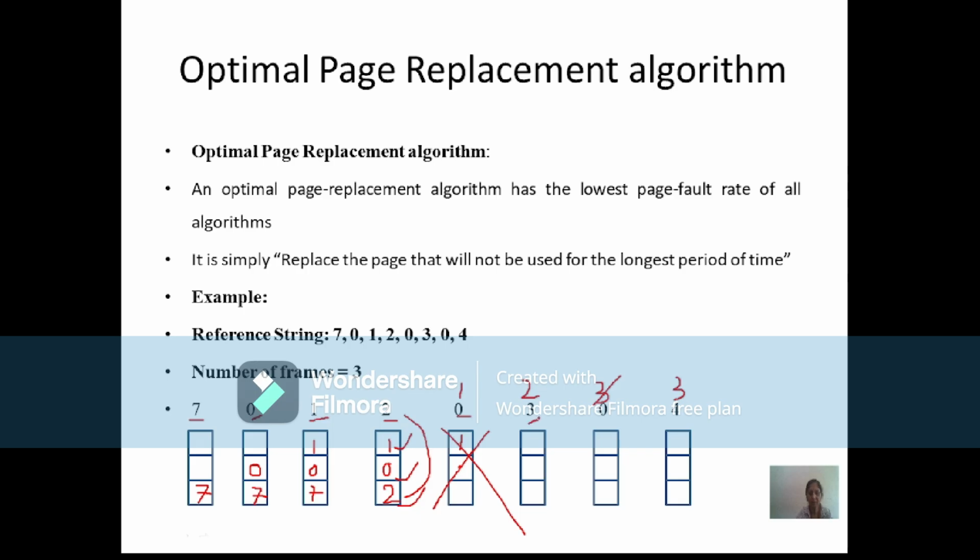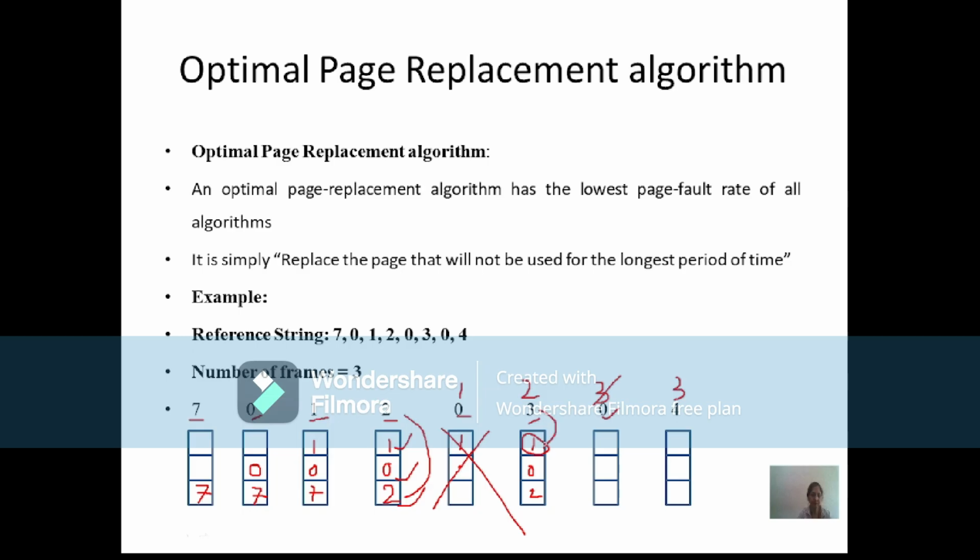Next, there is a demand for page number 3 and we have the pages 1, 0 and 2. If you see 3 steps forward, we need 0. But out of 1 and 2, we don't need 1 and we also don't need 2. So now we have to apply FIFO. Which page is the oldest, 1 or 2? You see page number 1 is the oldest page, so we can replace page number 1 with page number 3.